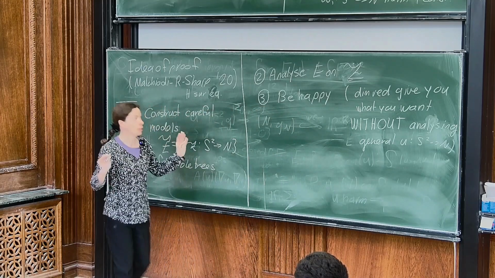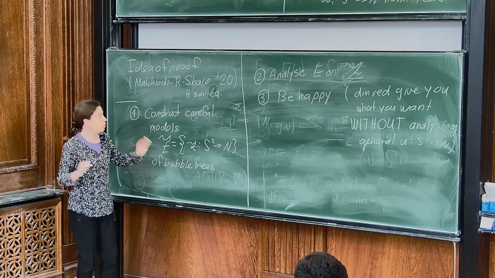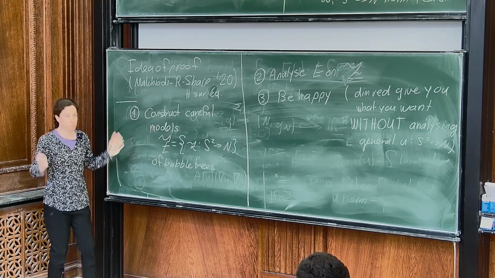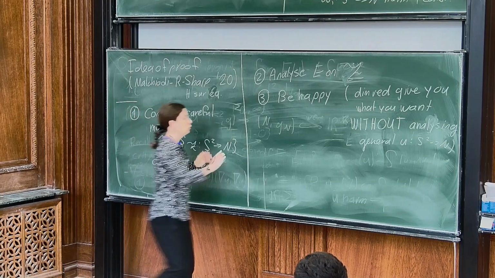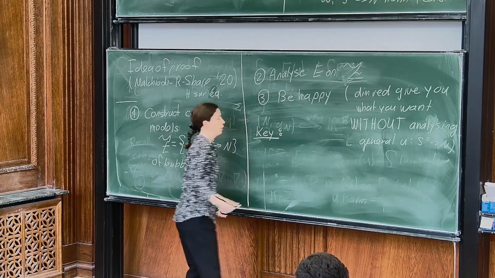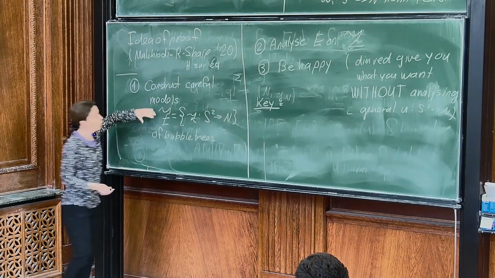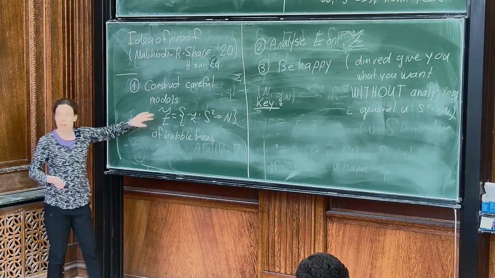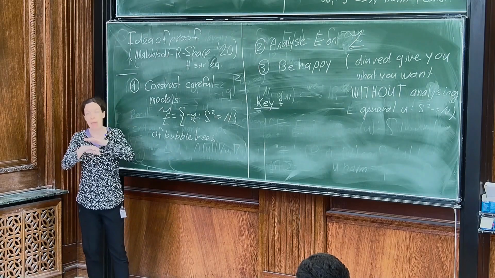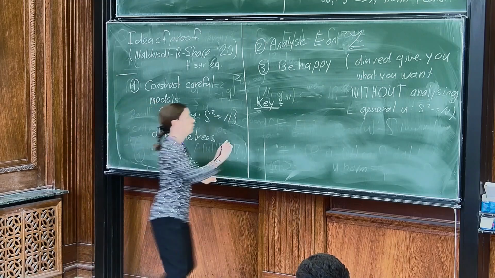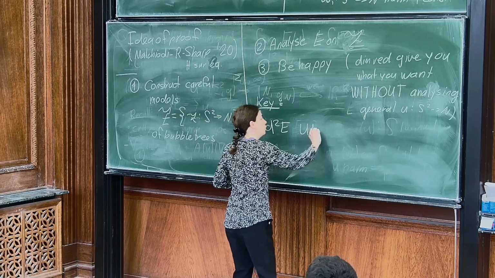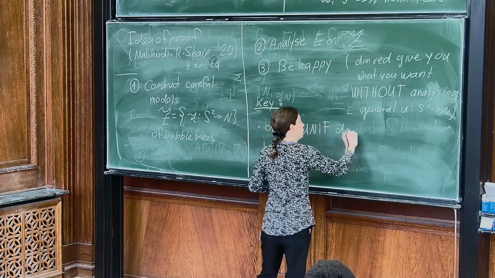You get everything for free as long as you construct the right set of models and as long as your energy has the right behavior. And so the key thing you need is basically this set of models of bubble trees. It needs to capture all directions where your eigenvalue gap shrinks to 0. So what you need is that d squared E is uniformly definite